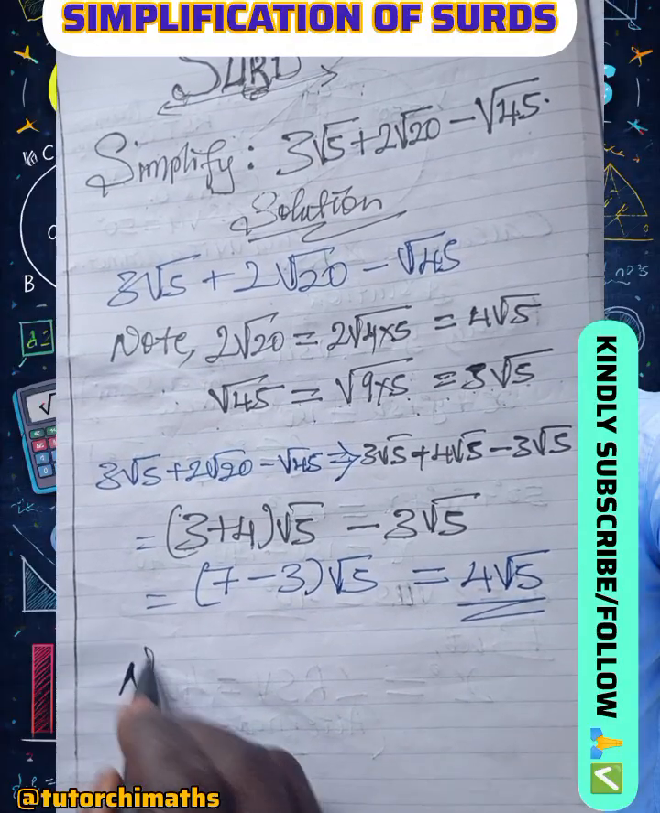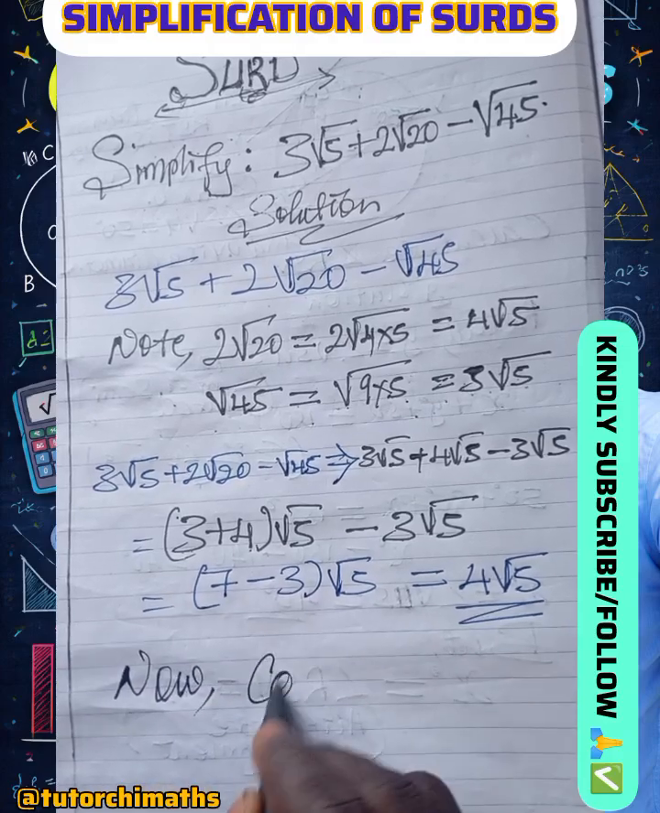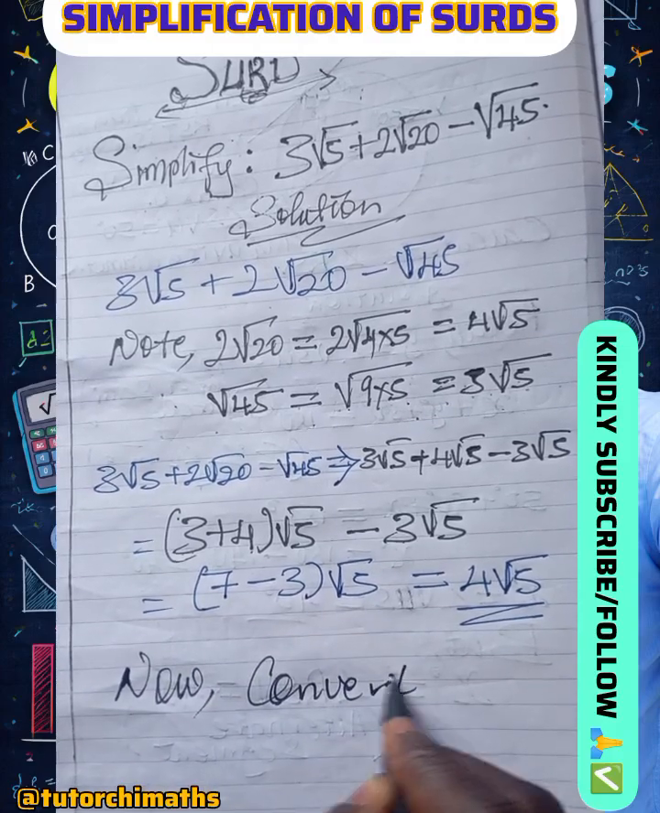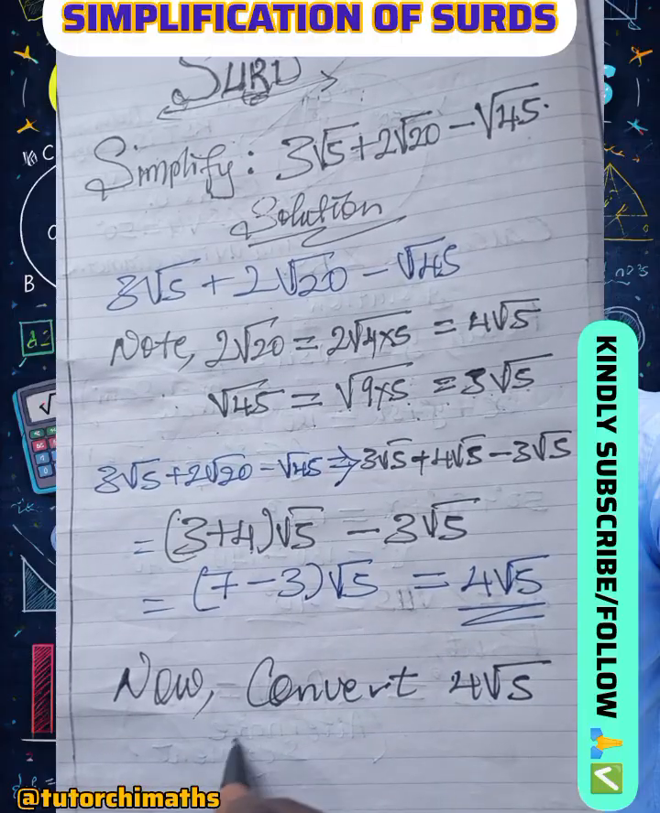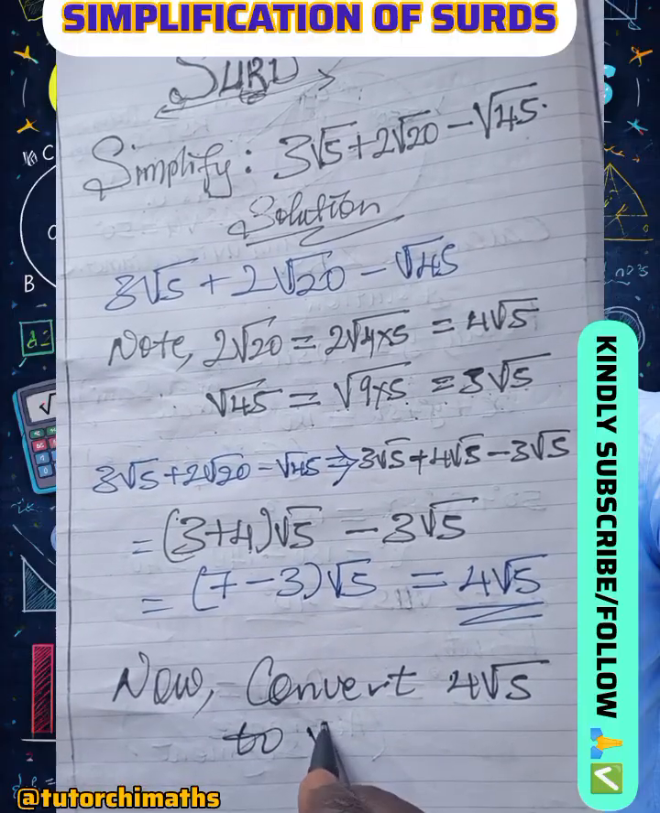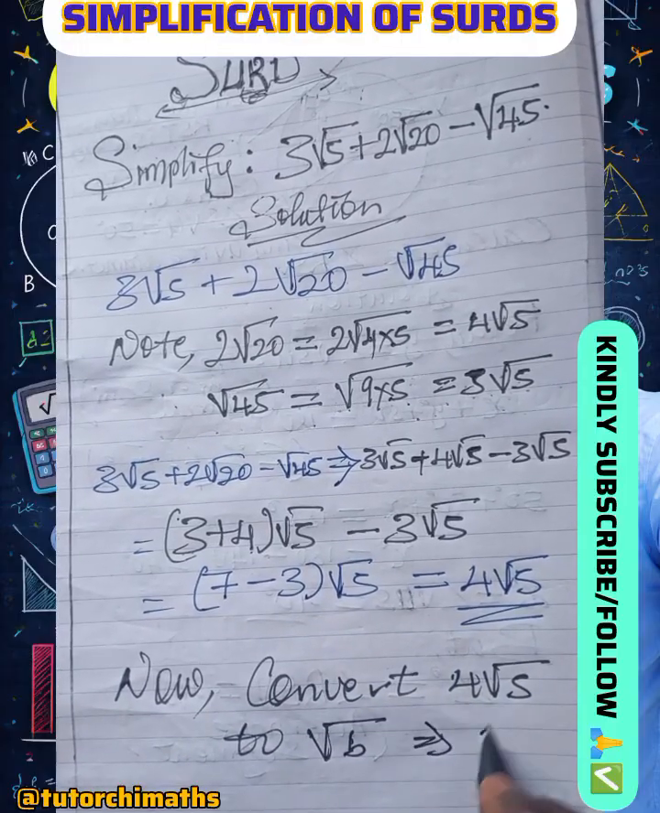Now convert 4 root 5 to root b. That is simplest form,